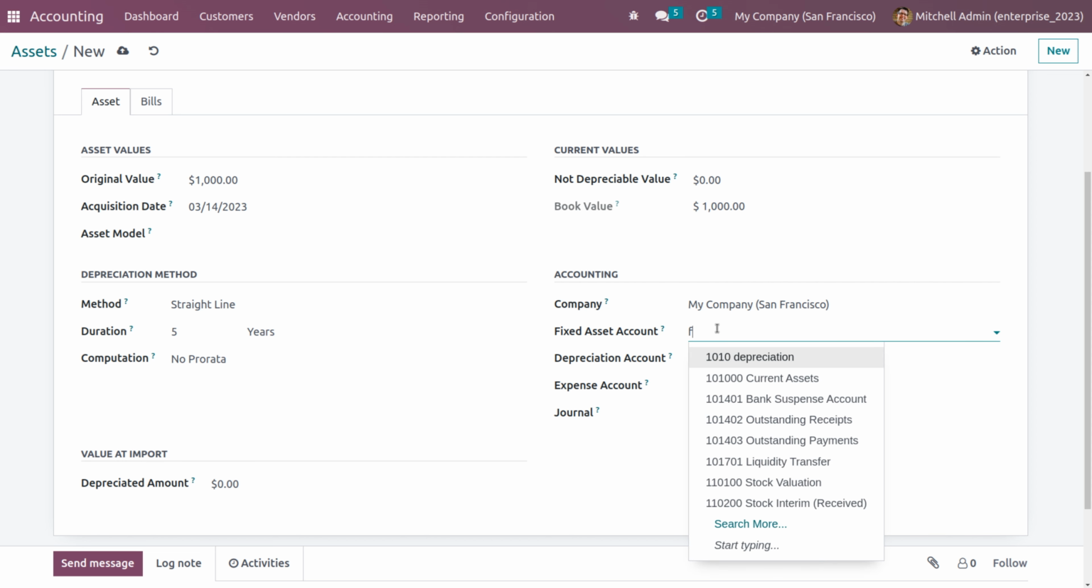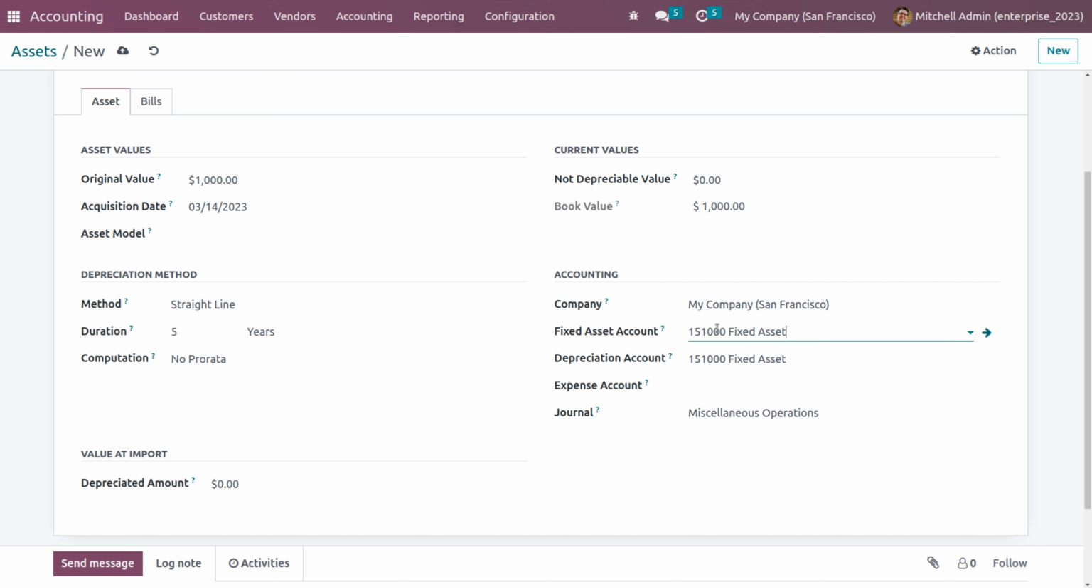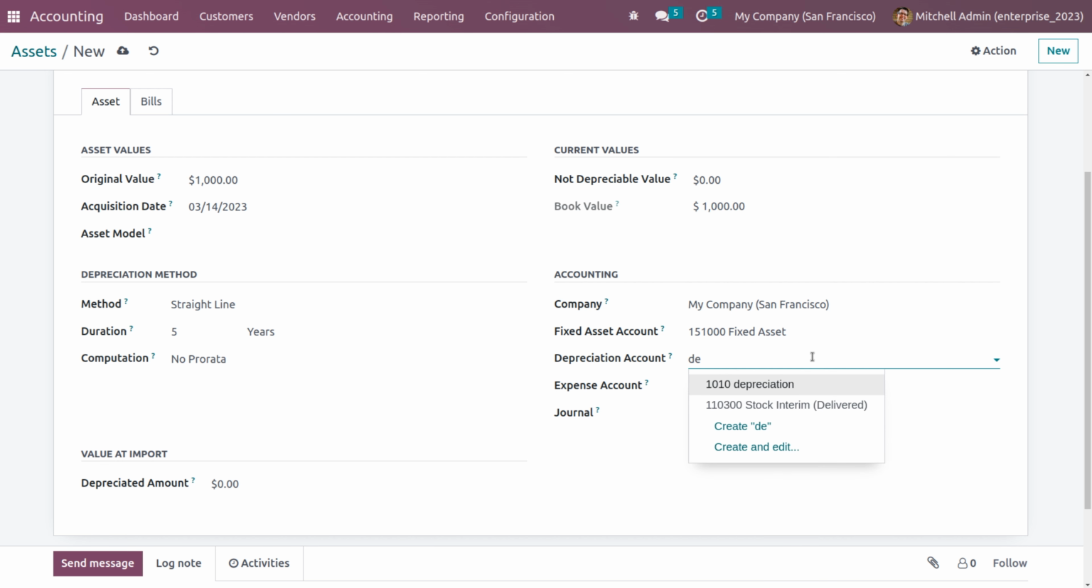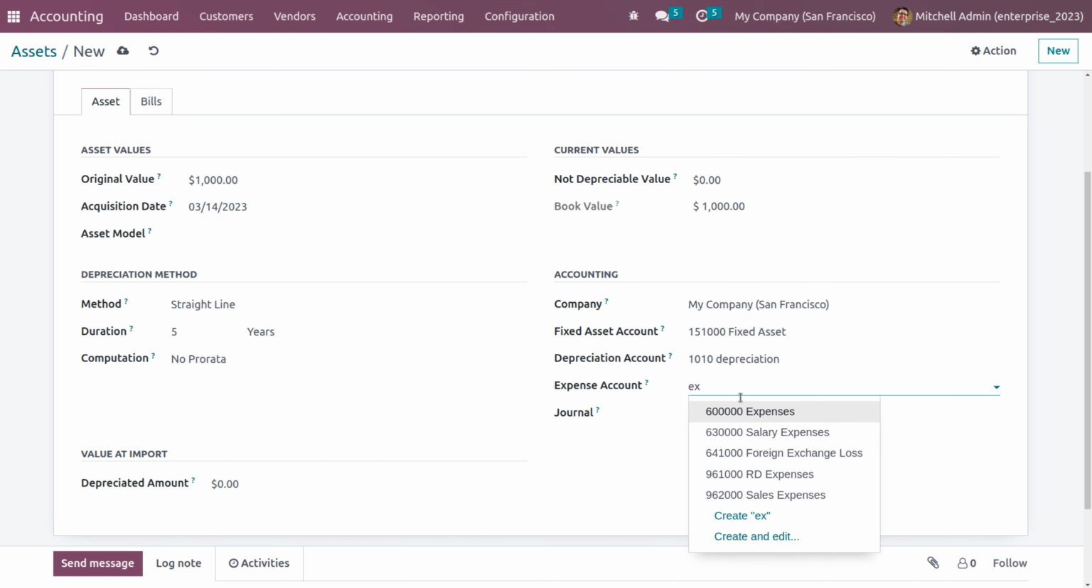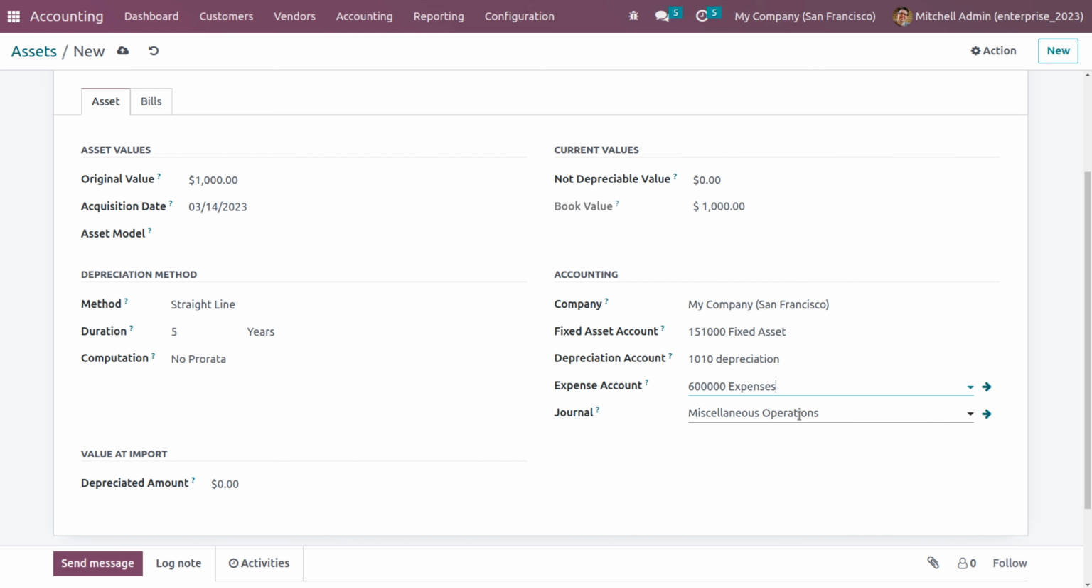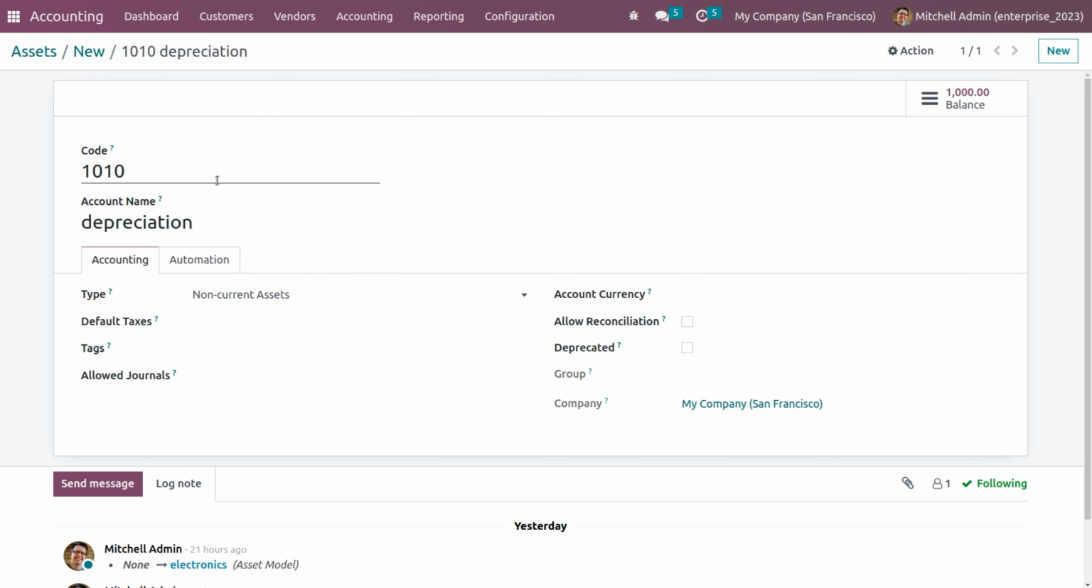So let me give a fixed asset account, and you can also specify a depreciation account, and you can also give an expense account. The journal that we are using here is miscellaneous operations, and you can also specify the value to be depreciated. And once you get into the internal link of the depreciation account, you can see we have set